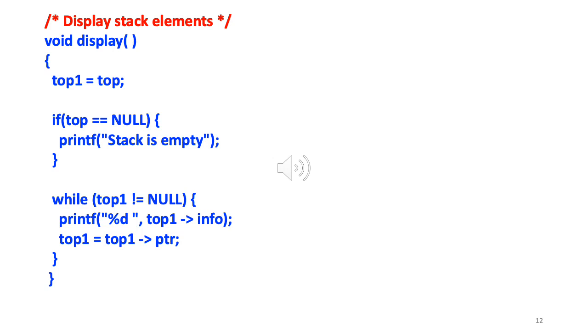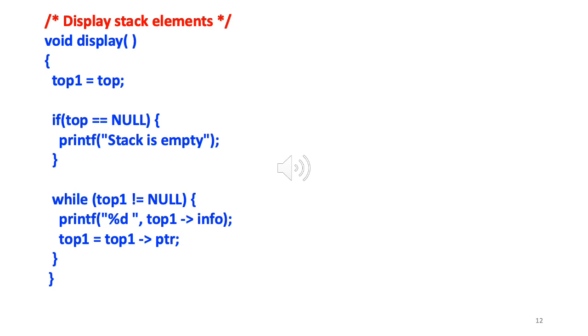All right. Now I am on slide 12, which shows the code for display, which we just talked about. So top one is top. If top is equal to null, stack empty. While top one is not equal to null, printf top one arrow info. Top one is top one arrow PTR.